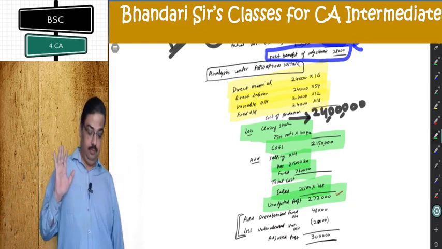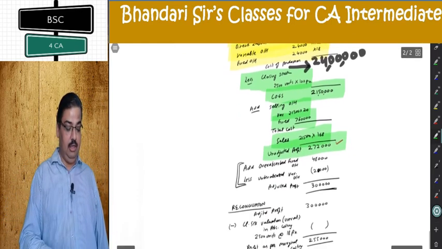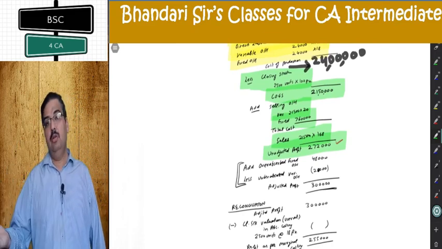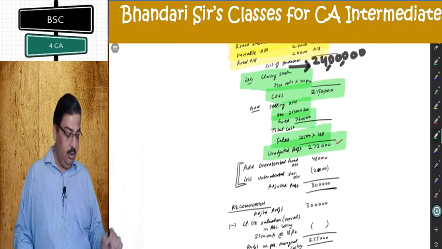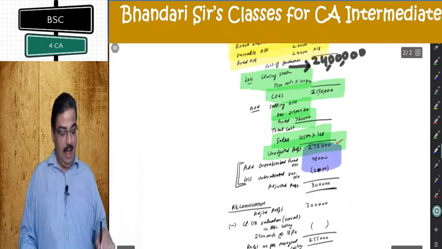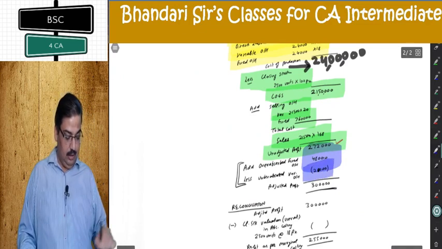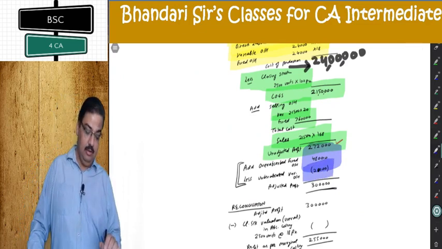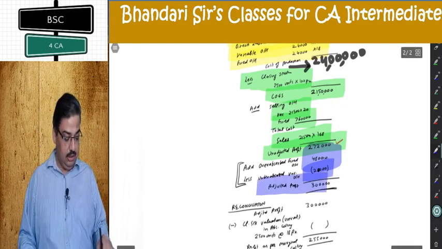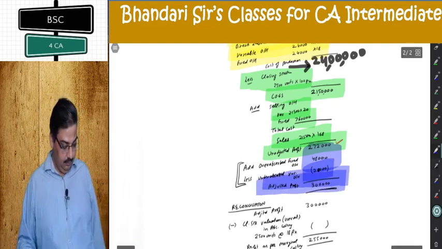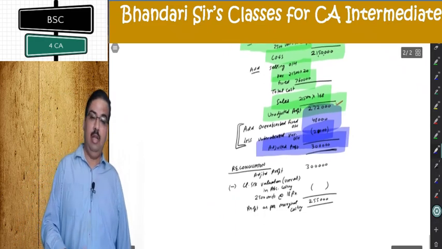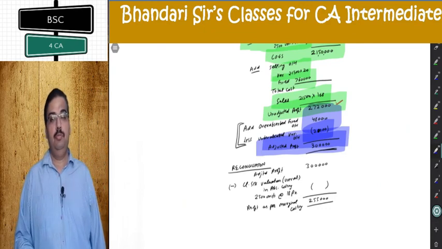Unadjusted profit. What is adjustment? Adjustment is under over absorbed overheads that we did earlier also in marginal costing. 48,000, add 20,000 less, so net effect is 28,000. 28,000 net got added and you get adjusted profit of 3 lakh. Adjusted profit 3 lakh. Now there is stock adjustment, reconciliation, last part of the question.